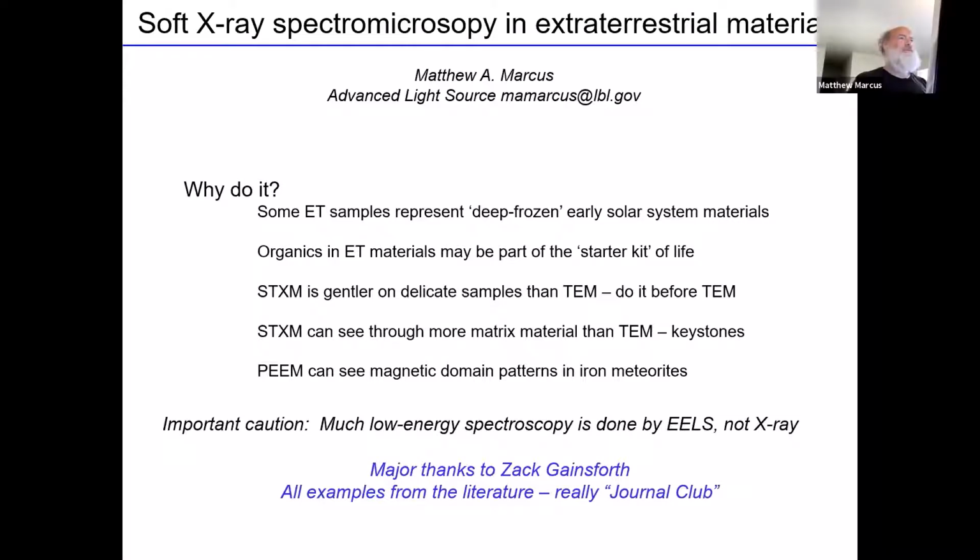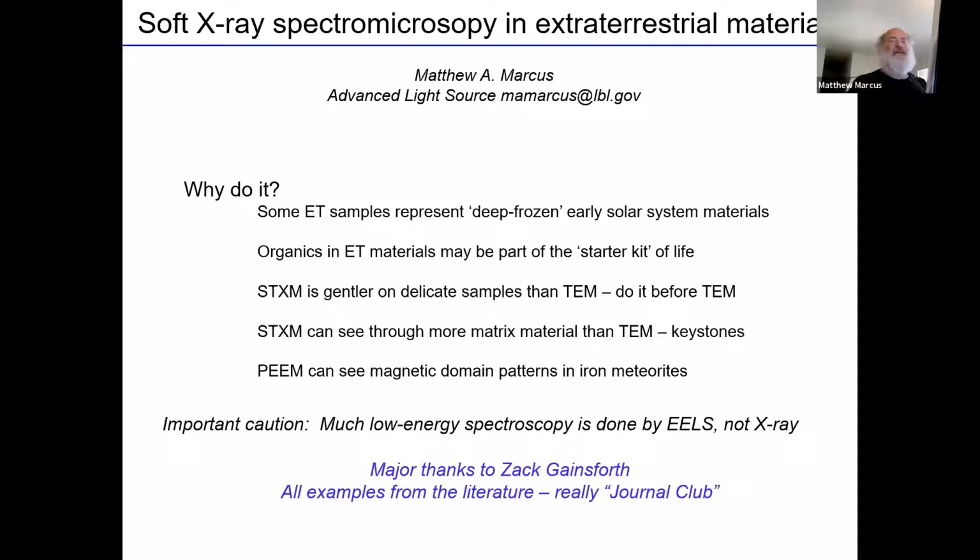All right. So the title tells you what I'm going to be talking about. The reason to study this stuff is that it looks at the history of the early solar system. Some extraterrestrial samples, like comets, represent deep frozen bits of the early solar system that had been in cold storage in the outer system for a long time. And organics are particularly interesting in part because they may be part of the starter kit of life. And the X-ray technique I'll be talking about most, STXM, is gentler on some delicate samples like organics than